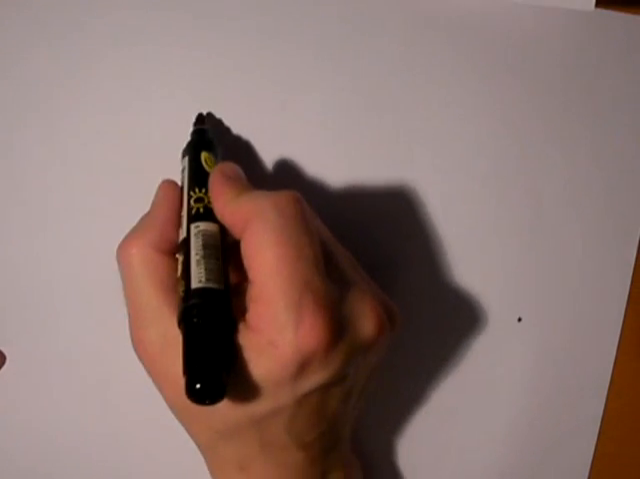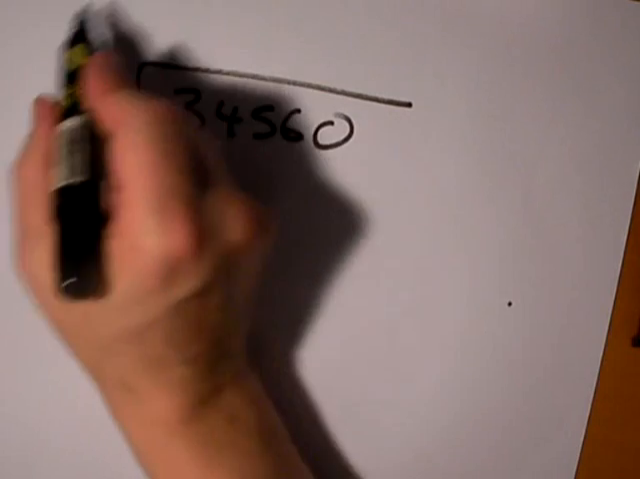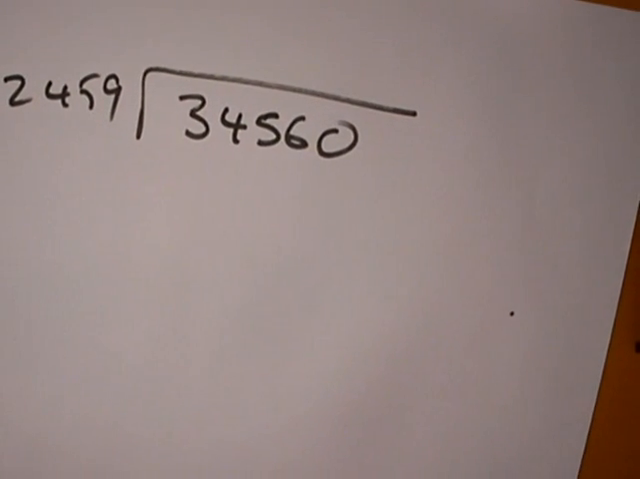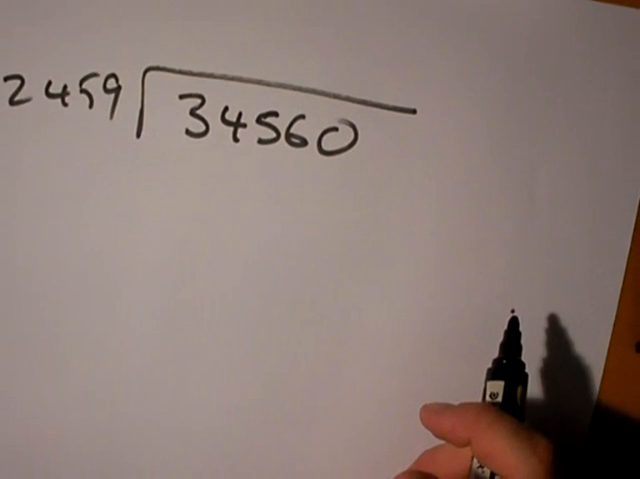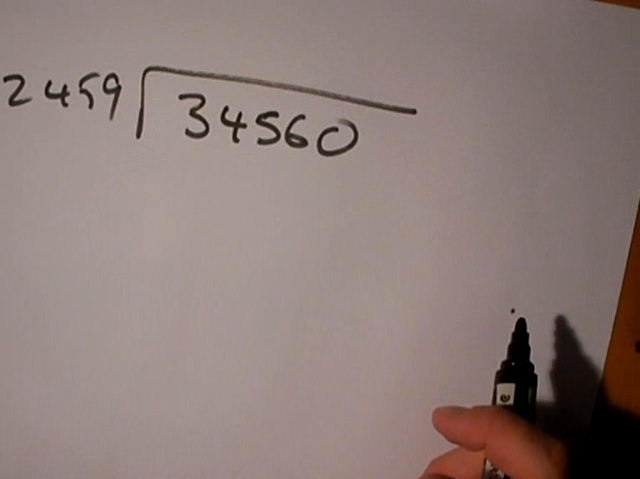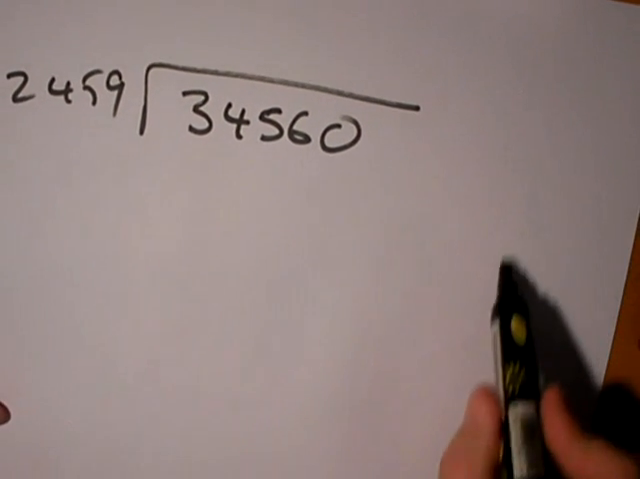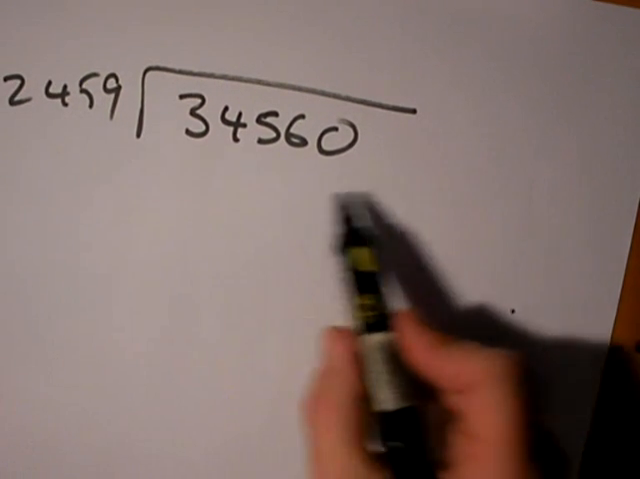This time I'm going to choose 34560, and instead I'm going to divide by 2459 instead of 2457. So this time it doesn't cancel. This time I'm just going to go away and do it. Now, if you remember from my previous video, what I said was write down the multiplication table of 2459, which